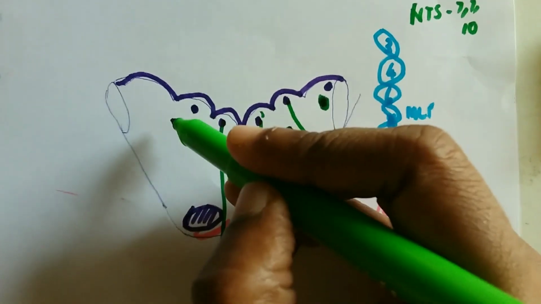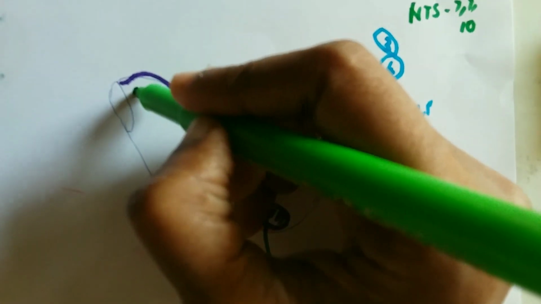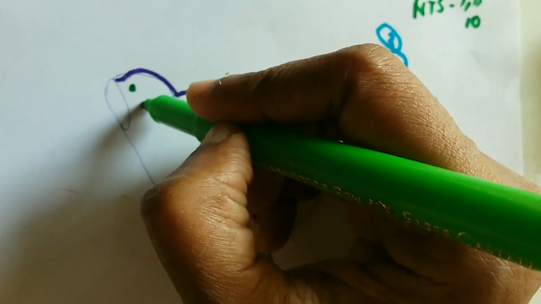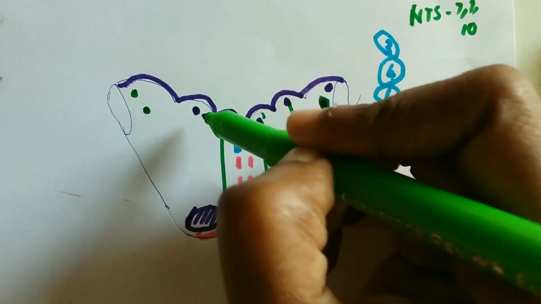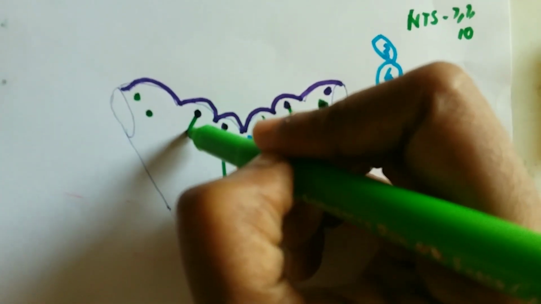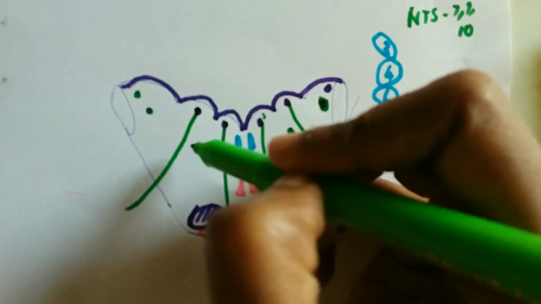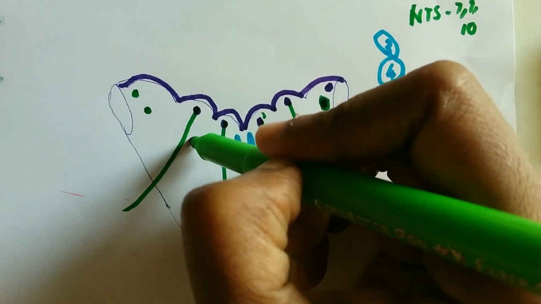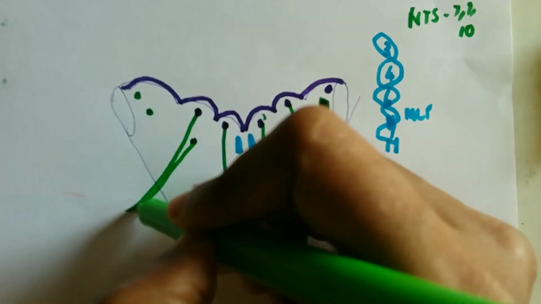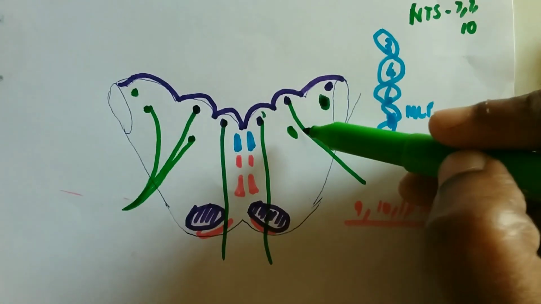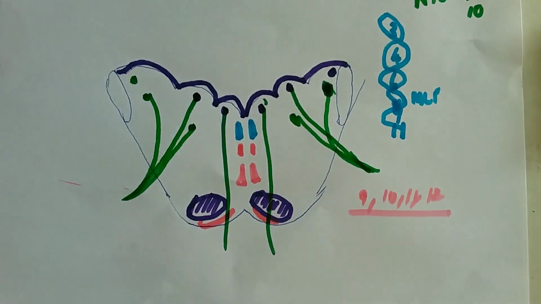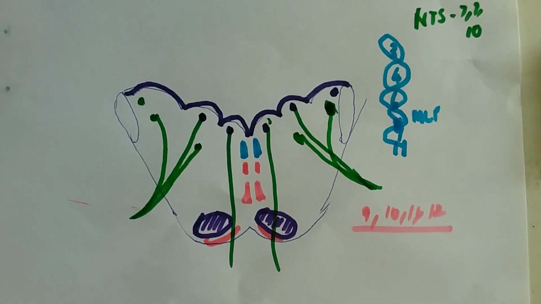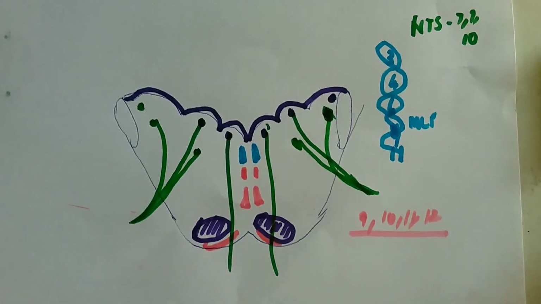So here also we will draw the vestibular nucleus. Just ventral to that is nucleus tractus solitarius, and then next to that, from there vagus is coming, and then here you should draw the nucleus ambiguus. So everything is coming together, and then nucleus tractus solitarius, all of them are coming out the same way. Okay, this is how these 3 nerves are coming together. So this nucleus ambiguus is the next question.